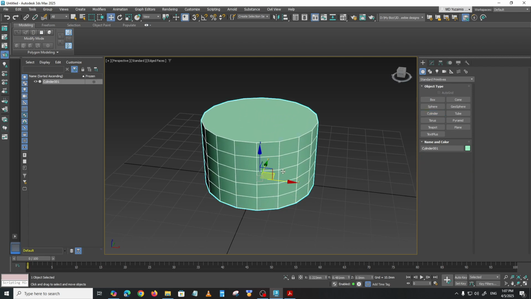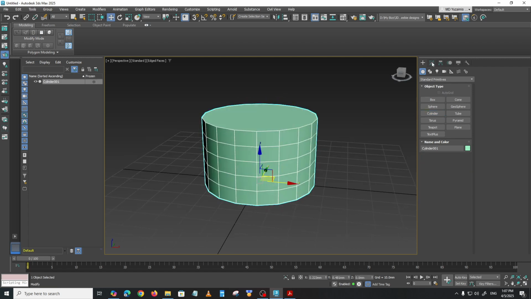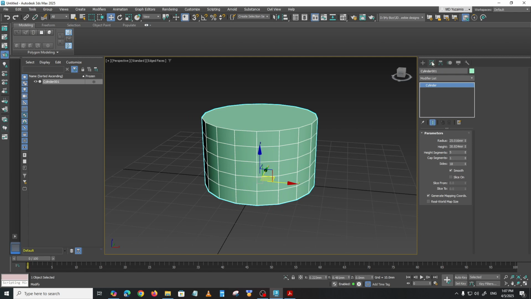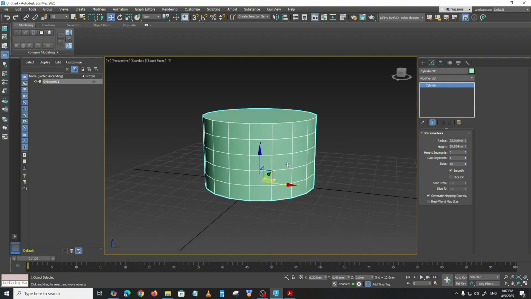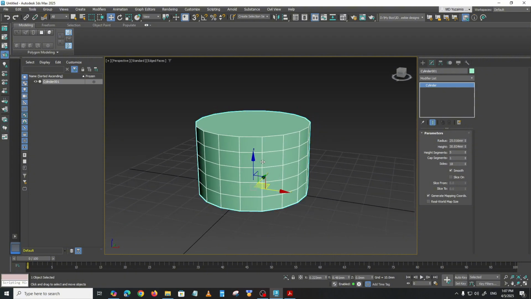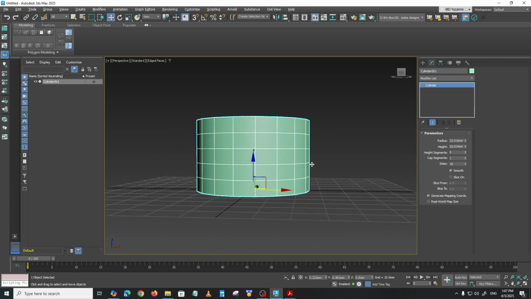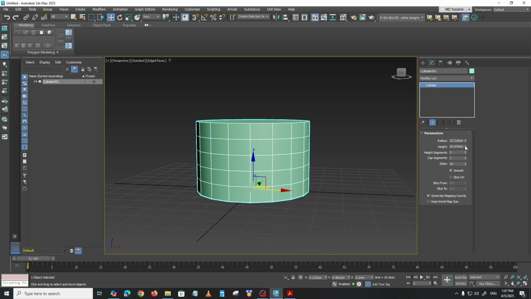Now do not worry about the actual size relation, like you don't have to go into the modifier and type the proper radius of the bowl. For now, let's focus on the modeling technique instead of getting the right precision on the size or the scale of the bowl. Okay, so I'm gonna adjust the height to about like this,